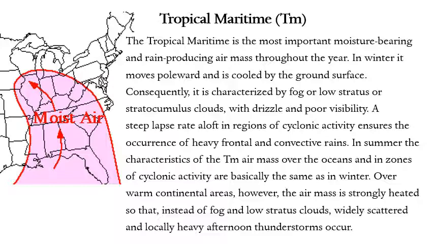In summer, the characteristics of the TM or tropical maritime air mass over the oceans in zones of cyclonic activity are basically the same as in winter over warm continental areas. However, the air mass is strongly heated so that instead of fog and low stratus, widely scattered and locally heavy afternoon thunderstorms occur. Okay, so ibig sabihin kapag tumindi yung tropical air mass, magkakaroon or lumawak yung tropical air mass